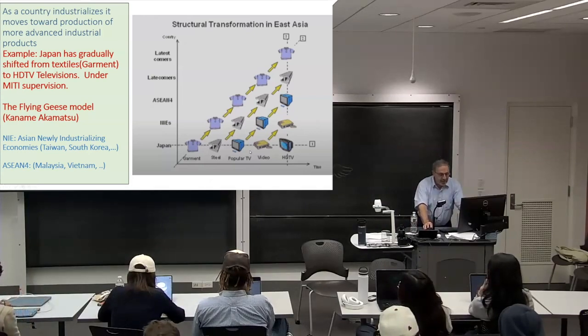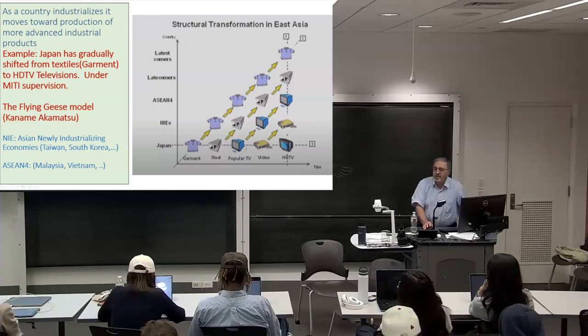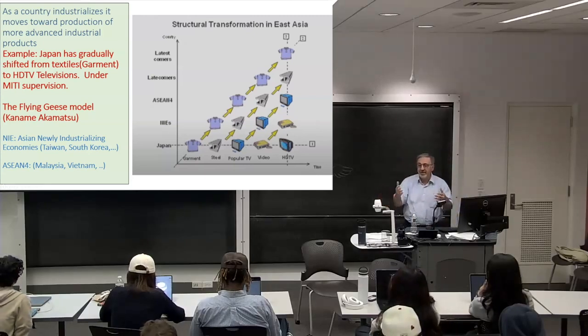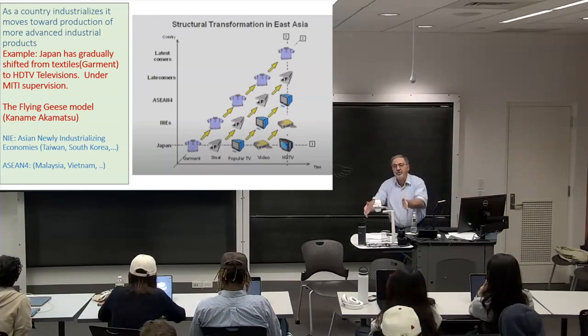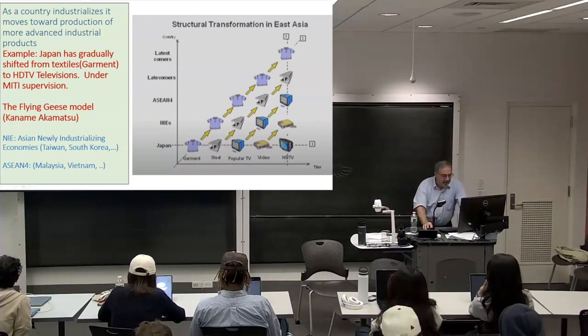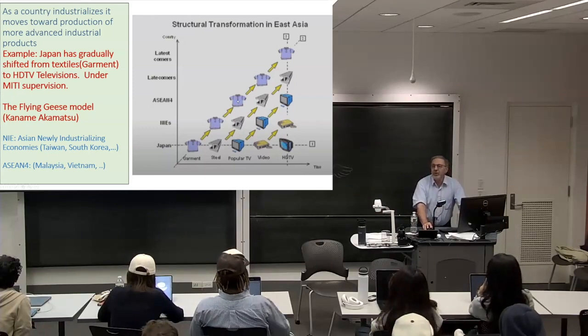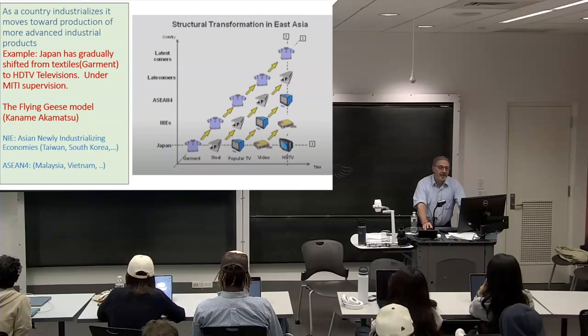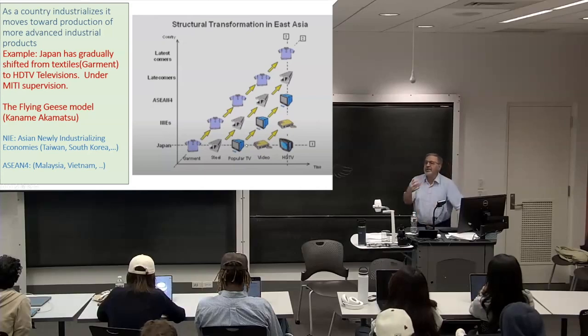Next decade, Japan says we want to go into electronics. And steel is no longer competitive. With our wages, we can generate more value added by moving into this advanced industry. They give the steel industry to Taiwan. Taiwan passes the production of textiles to another country with lower wages. So you can see how production is continuously in transition.